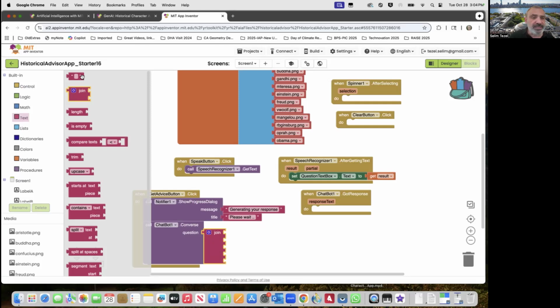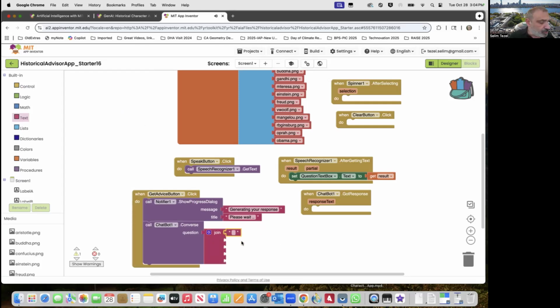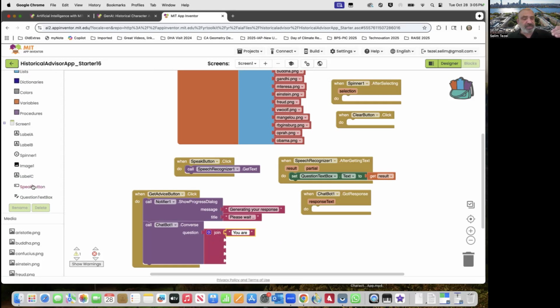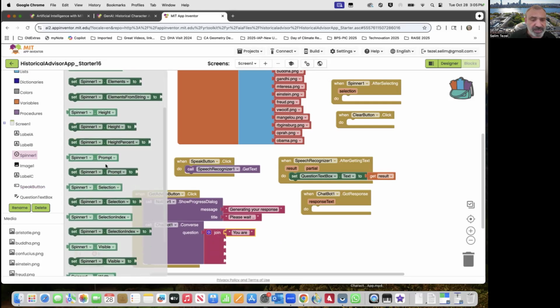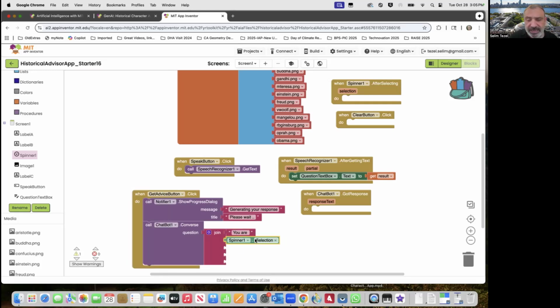So I'm going to basically say that so we're giving instruction, a prompt to the large language model. We're going to say you are, and I put a space. Now we want to say you are, for example, Albert Einstein or Socrates, etc. So that name is indicated in the spinner selection. So what I'm going to do is I'm going to grab the getter here in the spinner called spinner selection. So we're basically saying something like, you are Albert Einstein.